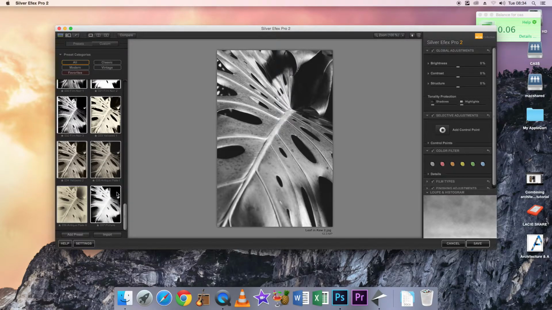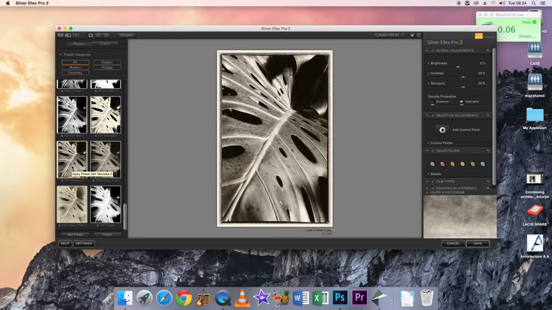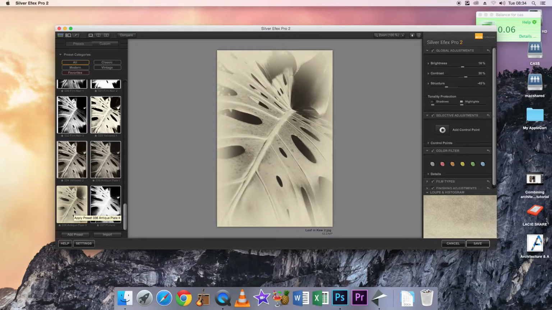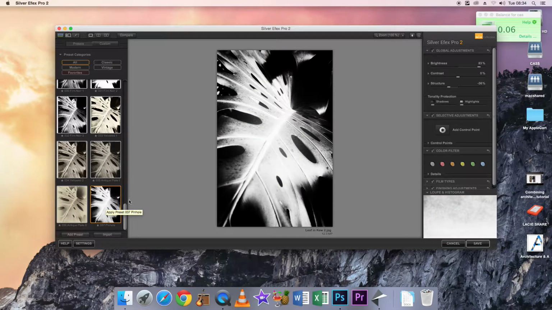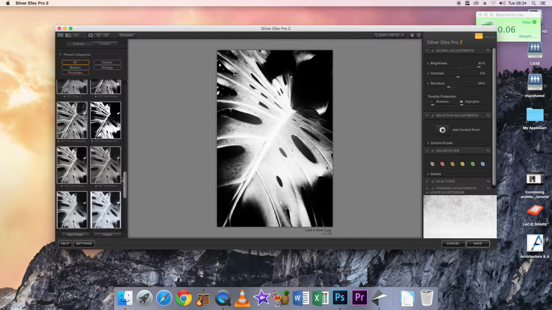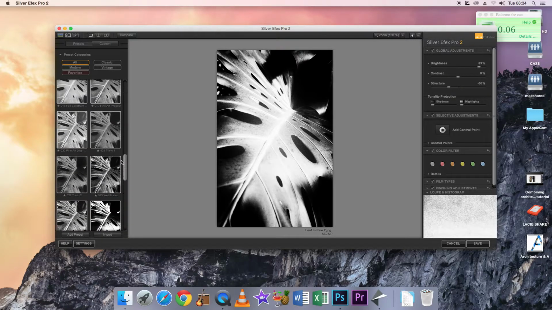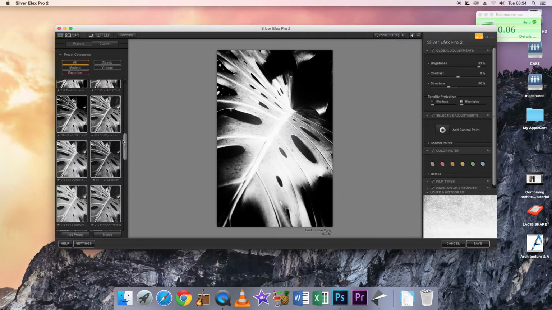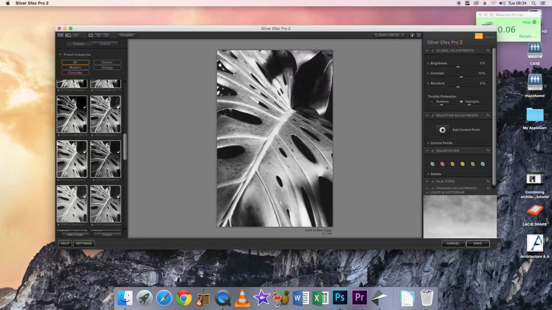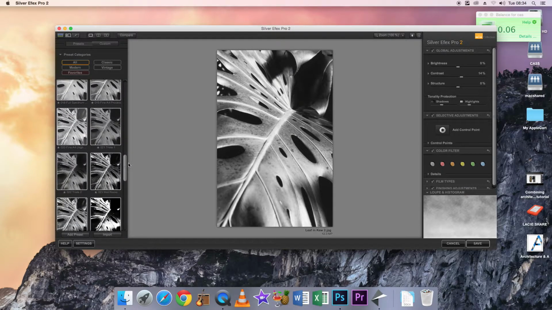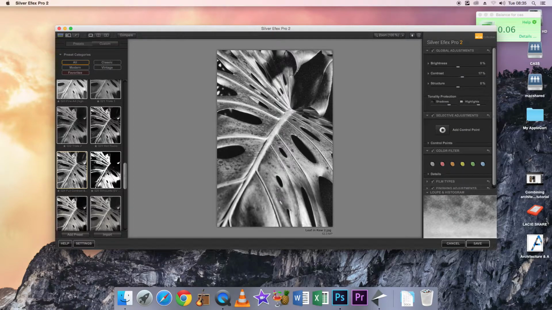At the bottom, they tend to be the artier ones. So, for example, we've got an old-fashioned sepia-looking photograph, a kind of Victorian-style photograph, a pinhole photograph. So these are the more artier ones. And then at the top, you have got the more standard ones. Full dynamic is one that students commonly use, and also full contrast. So it's up to you to choose the preset that you think will have the nicest effect